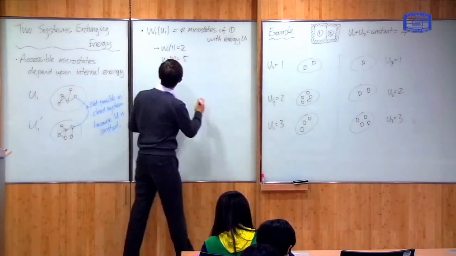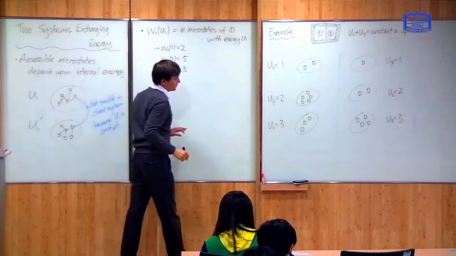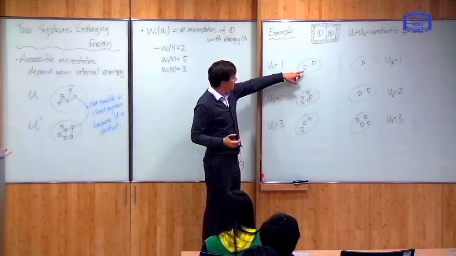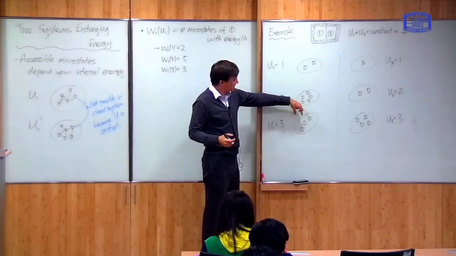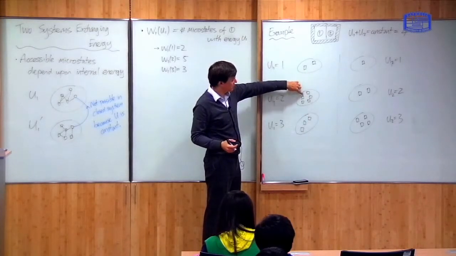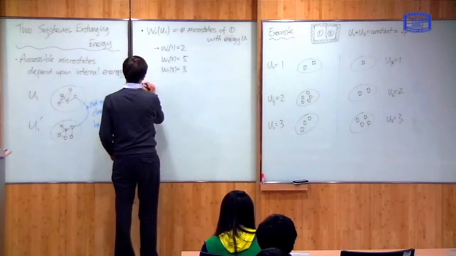And W1 of 3 is 3, because there are 3 microstates here. Right? So this function W just tells me how many microstates are available at each given value of energy. Here there are 2, here there are 5, here there are 3. Okay, and similarly, we do the same